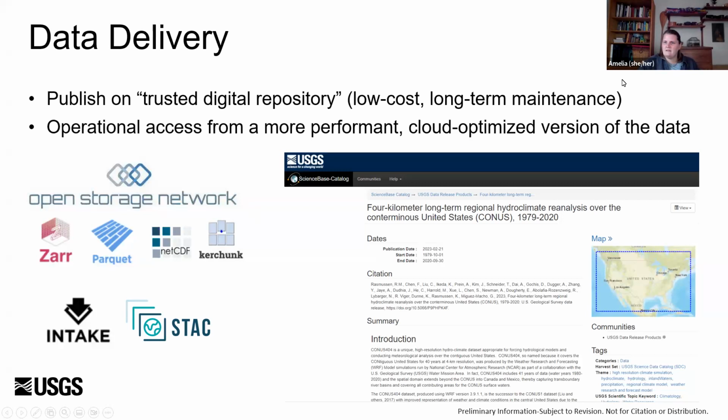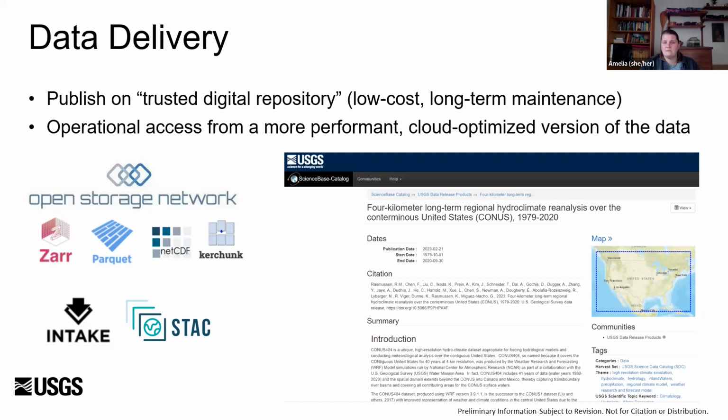So this is a requirement of our agency that we publish this data in this location so that it's always available to users. But these long-term low-cost storage mechanisms aren't always performant enough for our modelers to do the work, or I'll say they're usually not performant enough for our modelers to do the actual work. And they also generally require you to download your own copy of the data onto the system that you're working on. So we're doing sort of a dual publishing mechanism where we do this publishing on the long-term digital repository